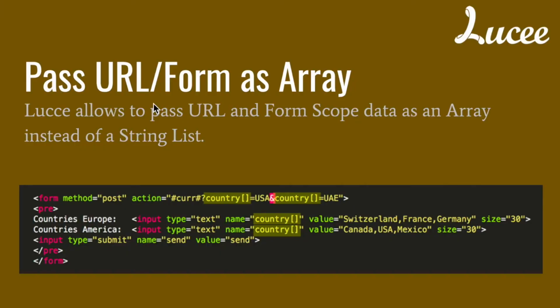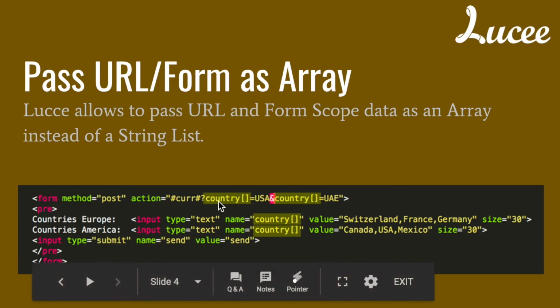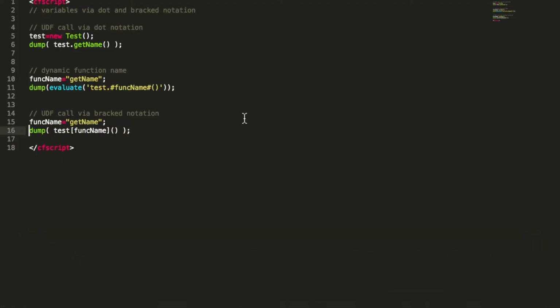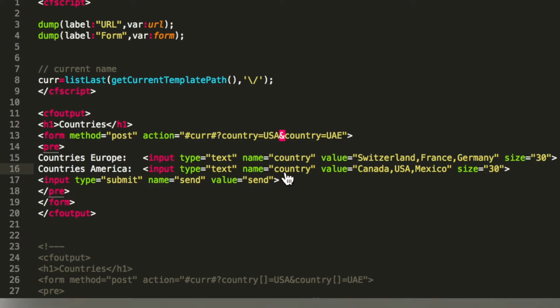That is passing arguments via URL or form scope as an array instead of a string list. When you have a form like here, and you define, for example, here in the URL scope, country in that case twice, you get a string list on the other side. Same for the form scope. I define country here twice, so I will get a string list. So just to prove that,